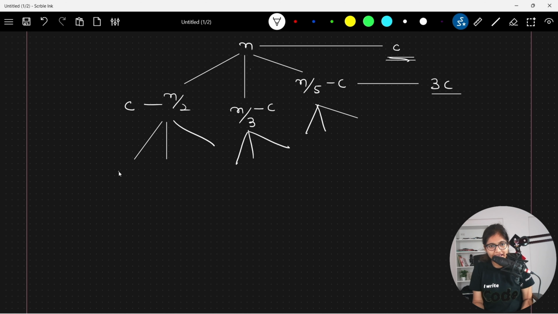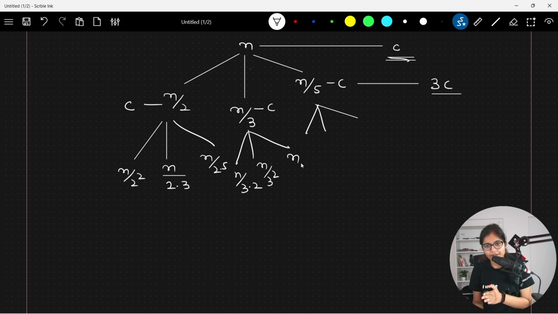So here it will be n by 2 to the power 2, here it will be n by 2 into 3, here it will be n by 2 into 5. Similarly here it will be n by 3 to the power 3 into 2, because on the left side we multiply by 1 by 2, in the middle by 1 by 3, in the right by 1 by 5. Similarly here as well,